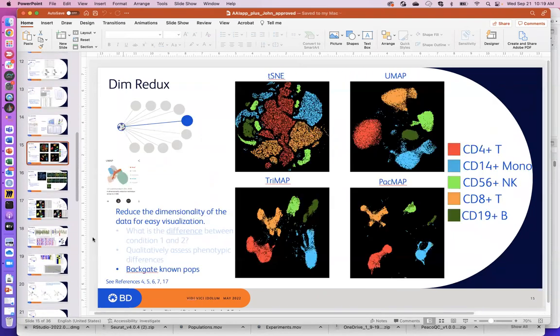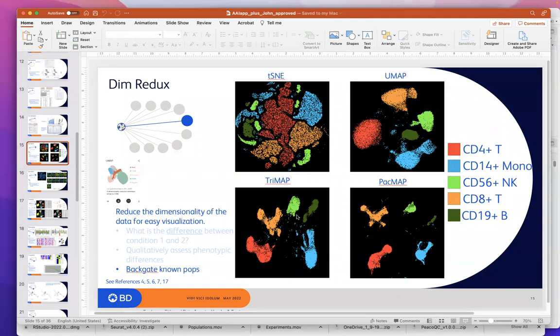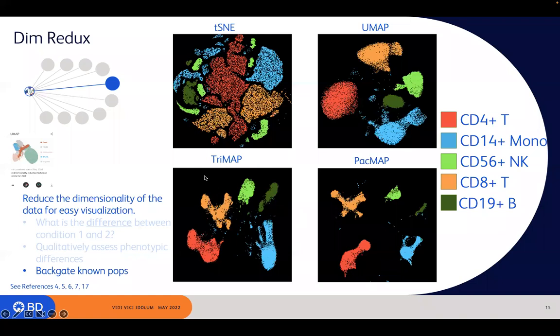I really want to just jump to the t-SNE algorithms and so forth, and just give you a quick primer on these before we jump into FlowJo proper. So I'll put this back in presenter mode. Okay, so there are several different dimension reduction techniques that we can use, and I always get this question, why should